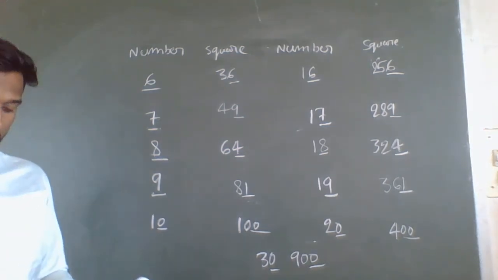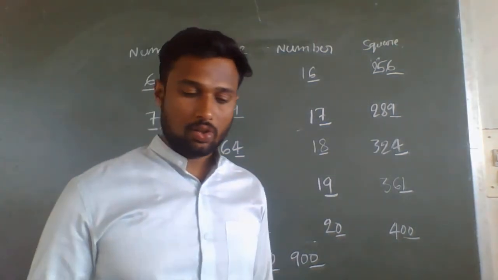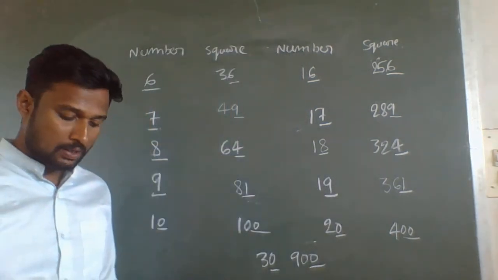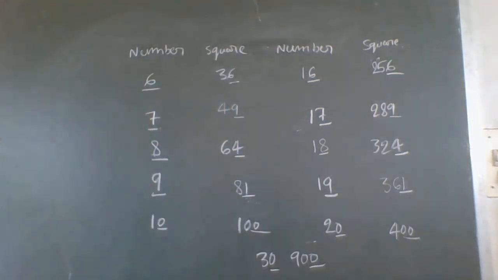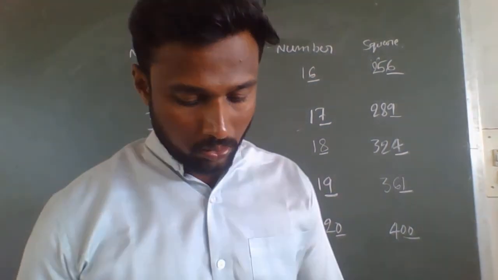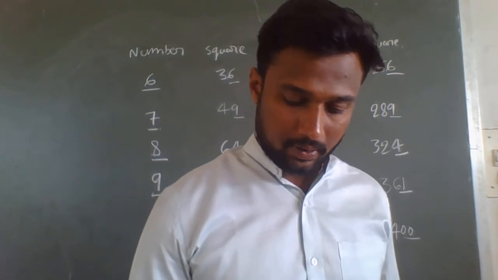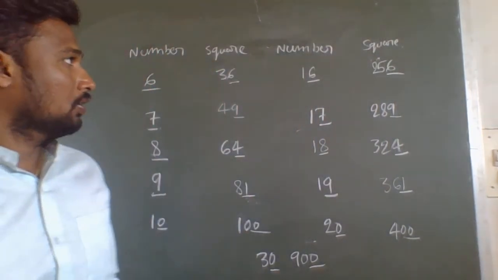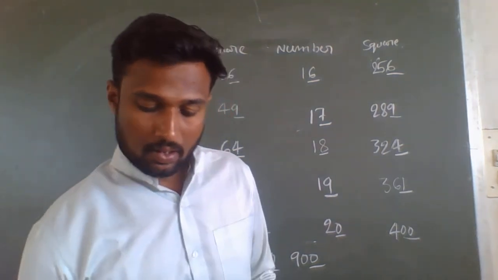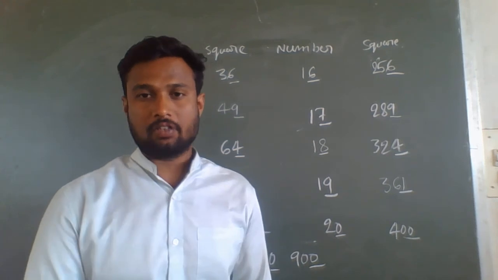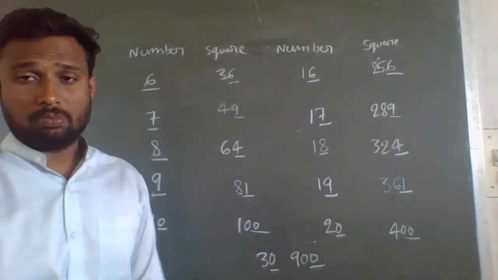So this is the information that you can observe in this table that they have given on page number 91. So today what you got to know is what a perfect square is, and in this table what you learned is how the square number changes depending on the unit place of the square root or any number.